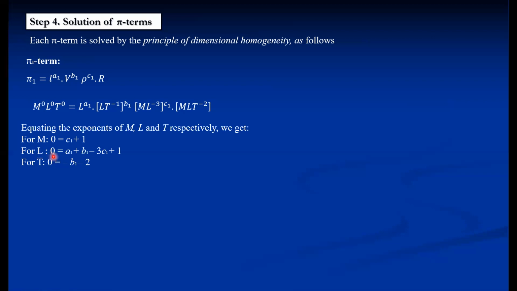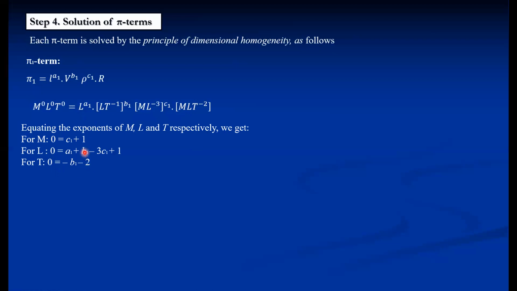Then equating power of t. So generally the second step you can use is equating power of t, because in most problems L terms are more. So first you apply m, then you apply t, because from m you are already getting the value of C1. And in t also, in most of the cases, there is only one. You can easily calculate the values of constants. So t is equal to 0. So minus b1, because -1 into b1, and t is there, that is -2. So b1 is equal to -2.